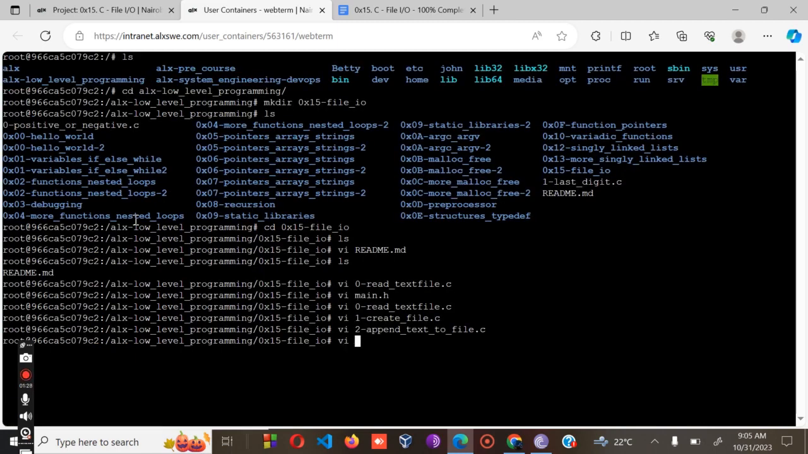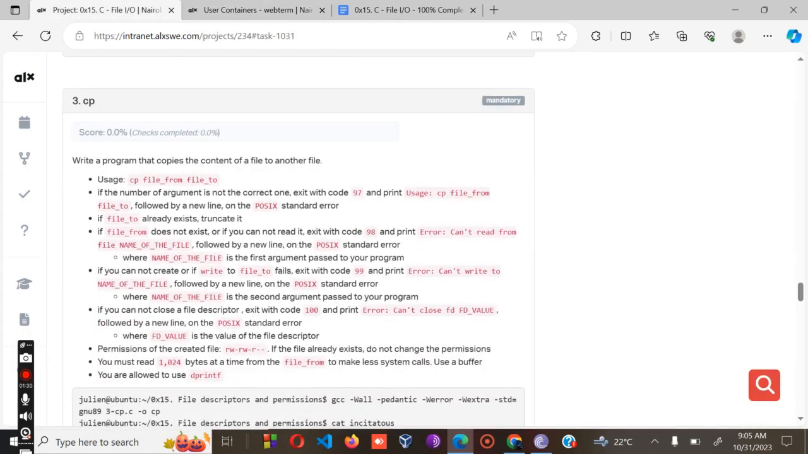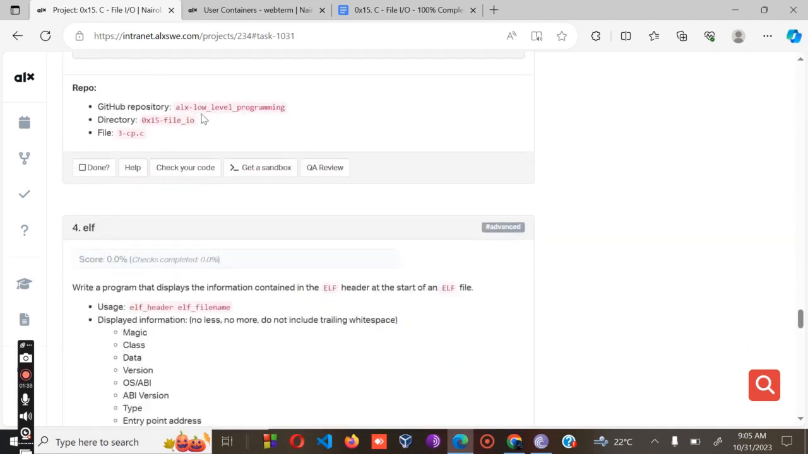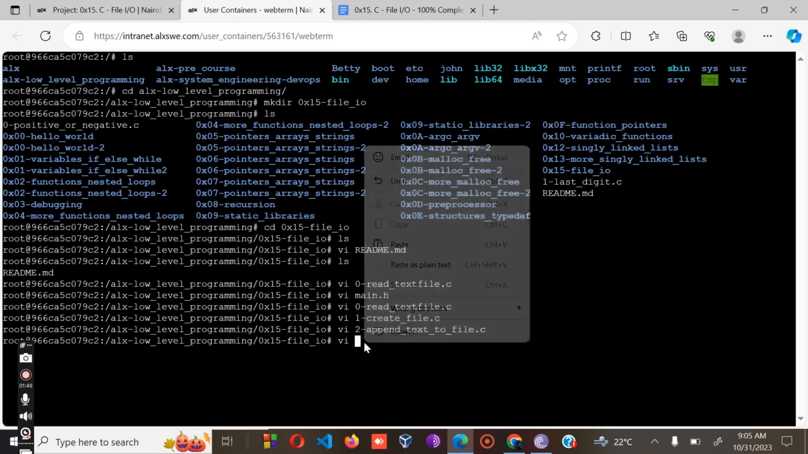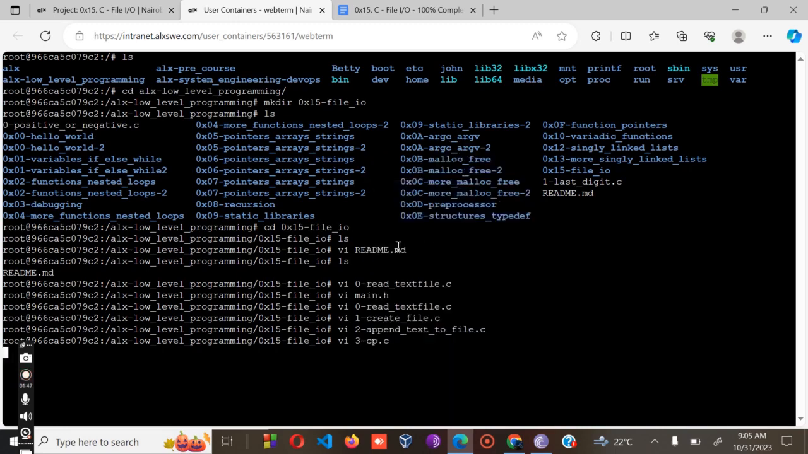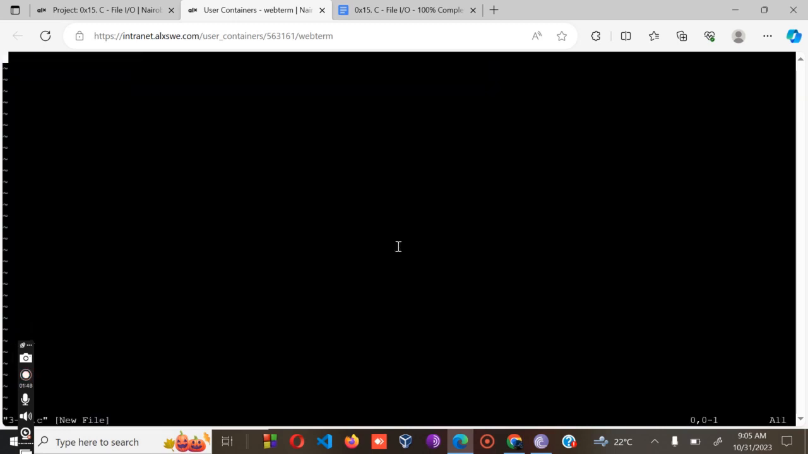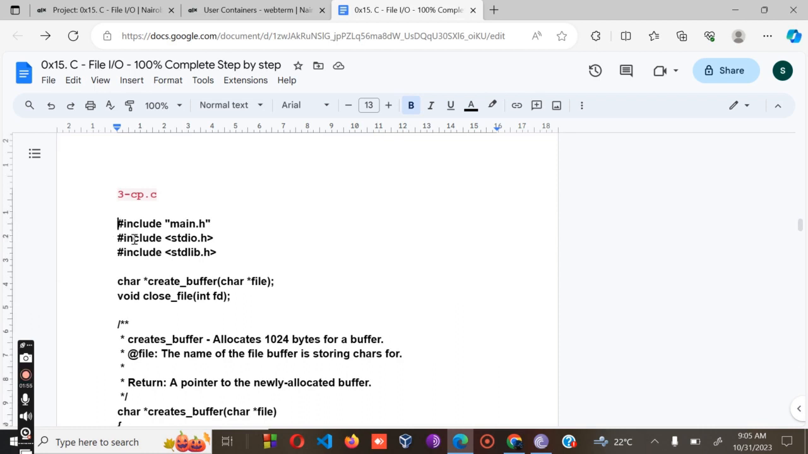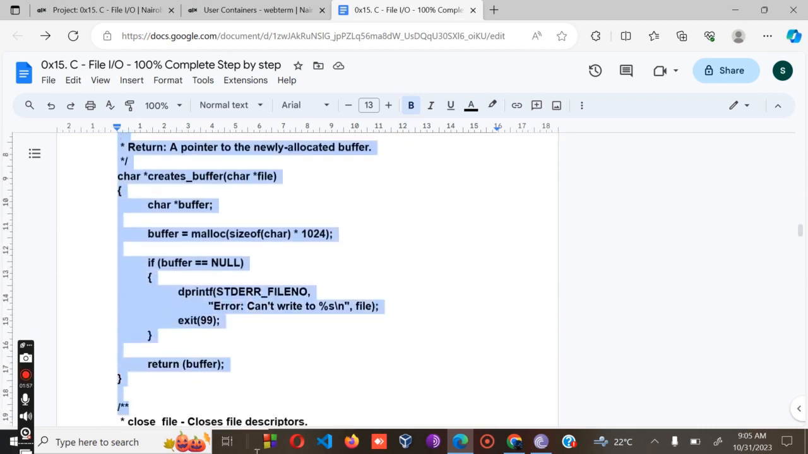Move to the next number, number 3. Number 3, you are supposed to write a program that copies the content of a file to another file. So copy this one, copy the name of the file, paste, enter, insert, then go to the code, copy this code